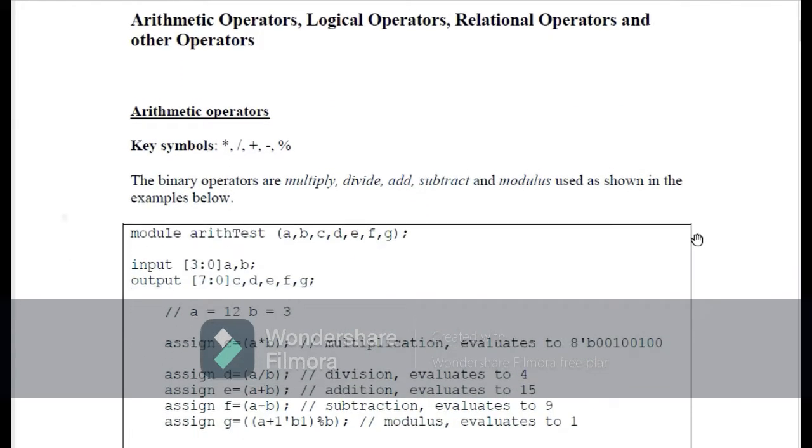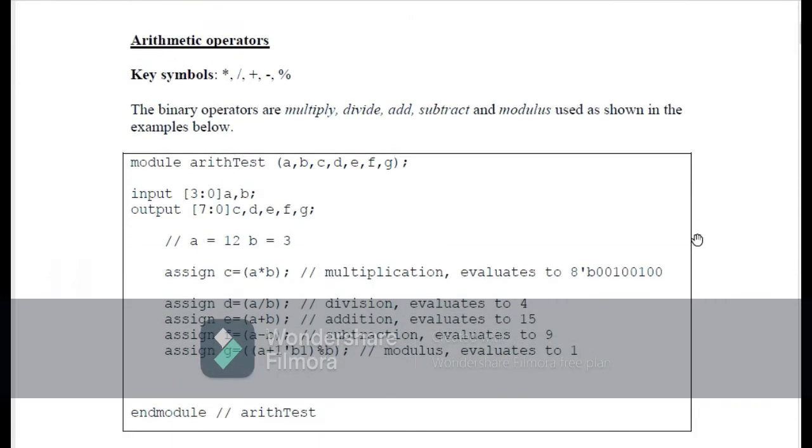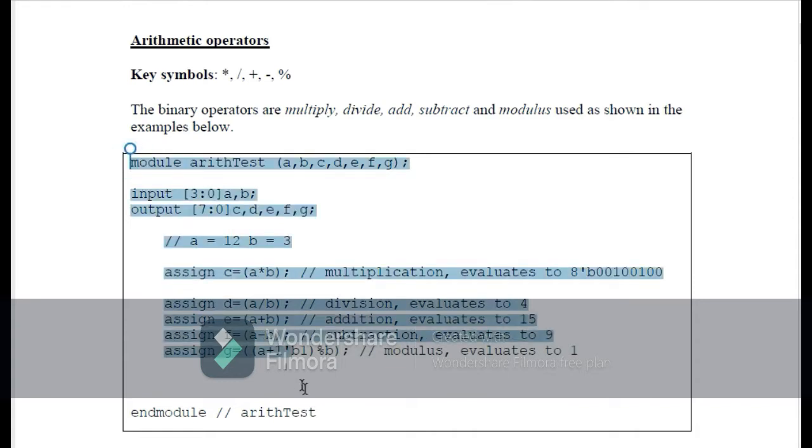So first of all, our first operators are arithmetic operators which can perform arithmetic operations. These are multiply, divide, plus, minus and modulus. The binary operators are multiply, divide, add, subtract and modulus, and here is the example which shows how these operators